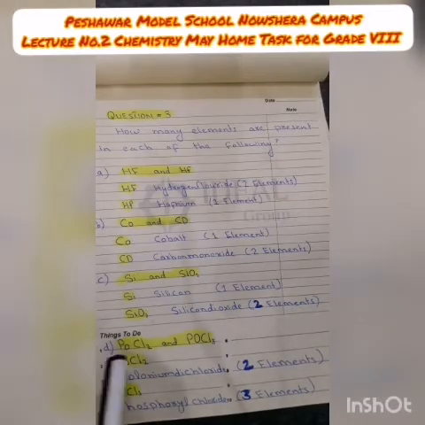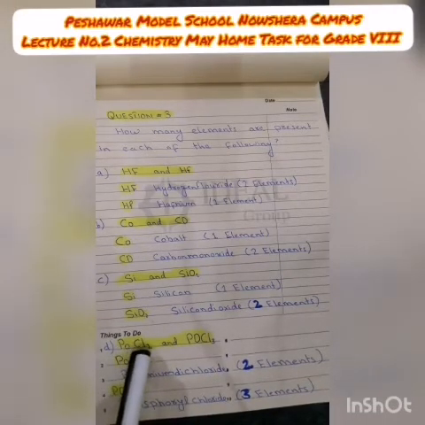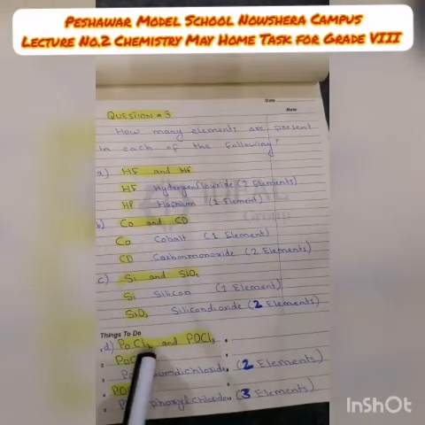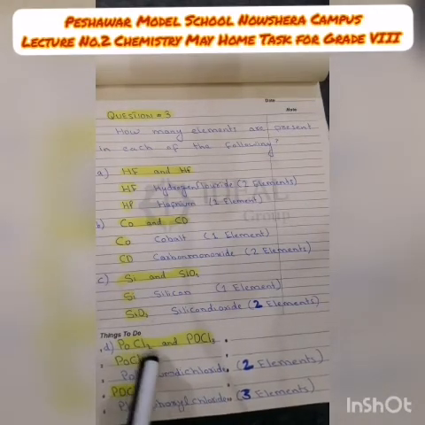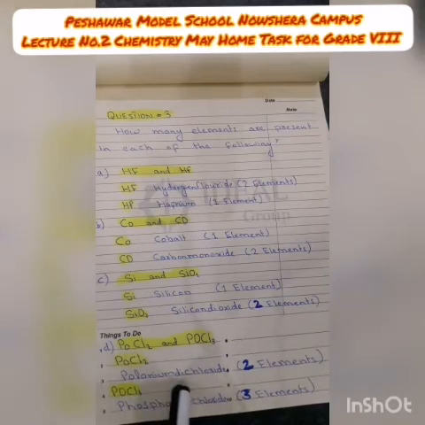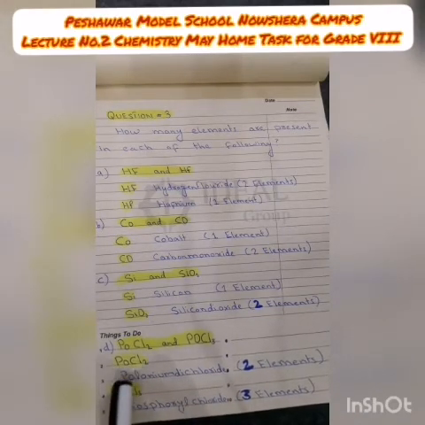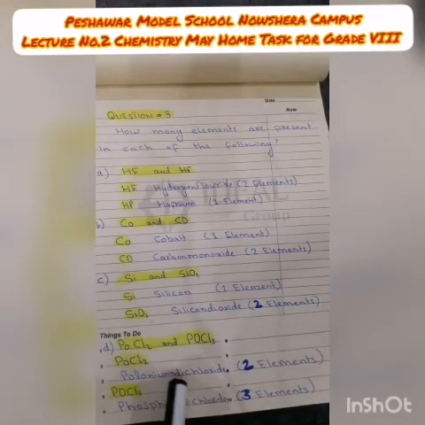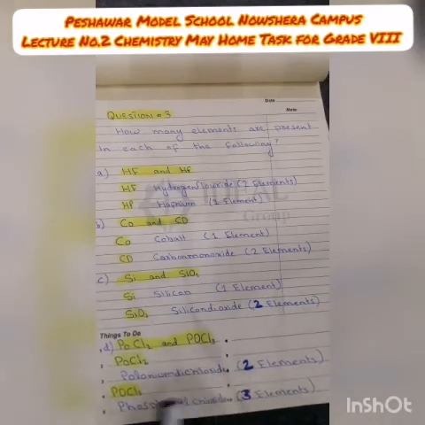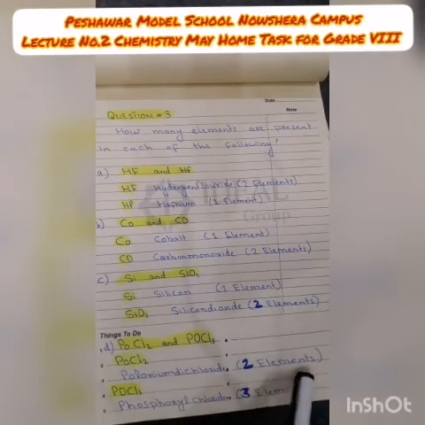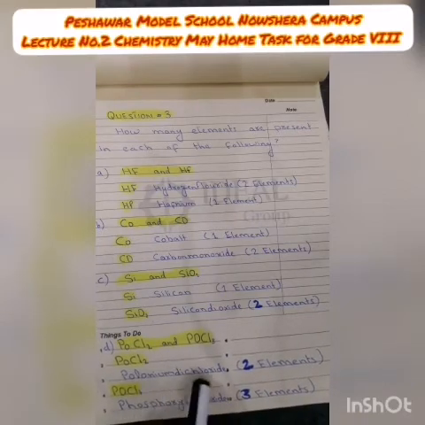Now number second one is Cl. C is capital but l is small. It means that this is another element. Which element is it? It is chlorine. Now what is the name of this compound? The name of this compound is polonium dichloride. Po is used for polonium, di for 2, and Cl for chlorine. How many elements do we have in polonium dichloride? We have two elements: one is polonium and the second one is chlorine.